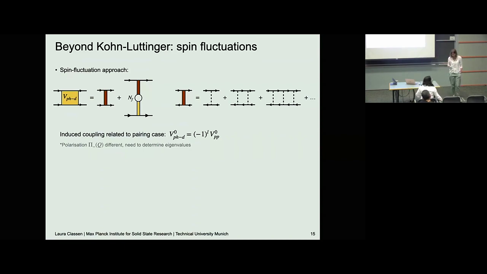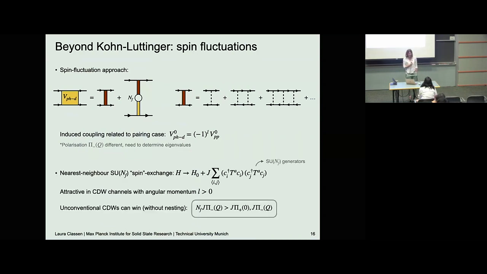There's a small thing you need to be aware of, because in the charge density wave channel, this polarization operator is not necessarily diagonal, and you need to do a bit more work. Good. And then another alternative, if we are already talking about spin fluctuations, is maybe going away from this well-defined